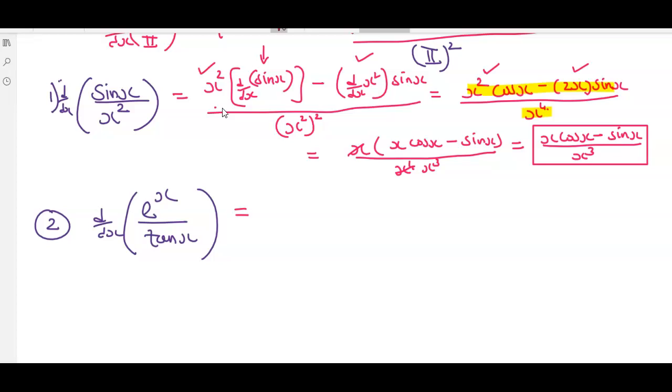Now again here we have another sort of question which states we need a derivative of e to the power x into tan x. Again we can do it like this, that it can be e to the power x into cot x. We can do that, but I personally feel, since we are talking about the quotient rule, we have to apply the quotient rule. Now it is derivative of e to the power x